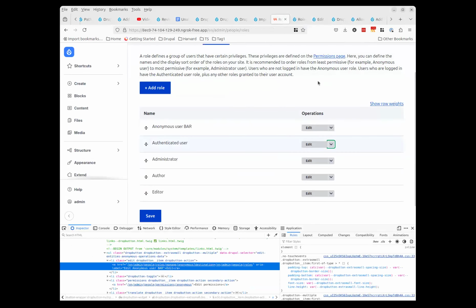Any other arguments in favor of any of these options? Edit role, edit label. I would avoid being too specific about the elements of the form because a contrib module could add something else. There's an issue to add descriptions to roles. So I wouldn't necessarily recommend something as specific as edit label, but I also understand what you're trying to do, and I think you're on the right track, but maybe label is too specific. Okay. Ralph?